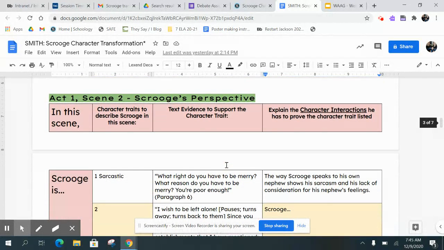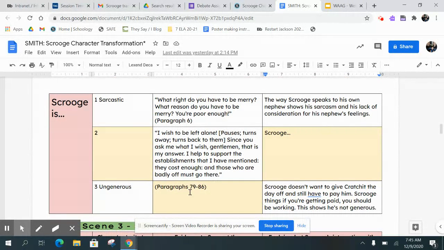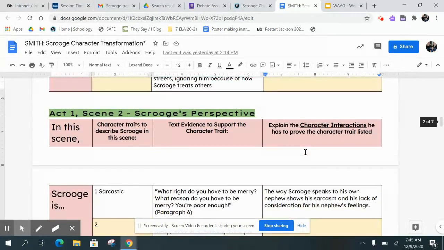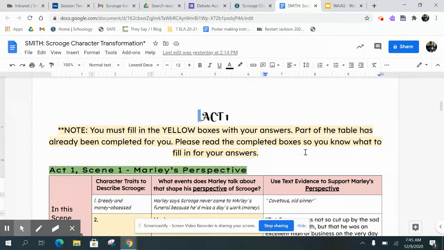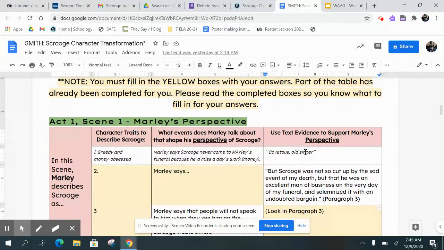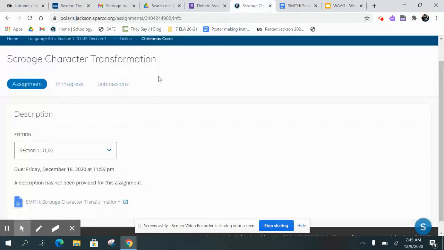Then tomorrow, you'll be working on Act 1, Scene 2, and you'll fill in the Act 1, Scene 2 boxes. But that's tomorrow. That's not today. You are not going to do this entire document today. That would be crazy. So do not accidentally do too much. All right, so